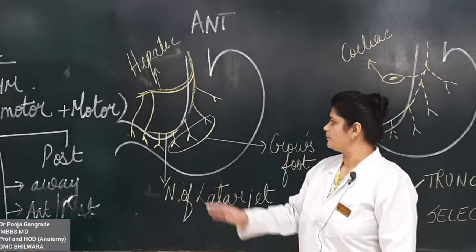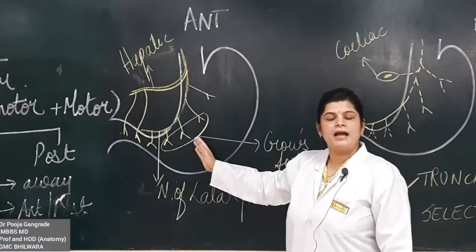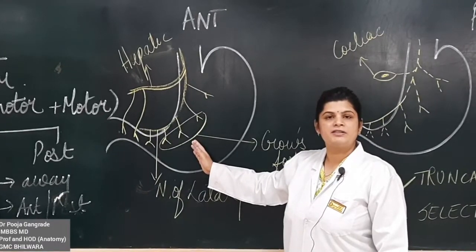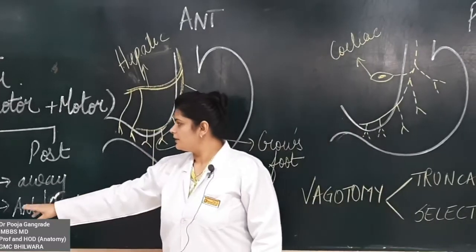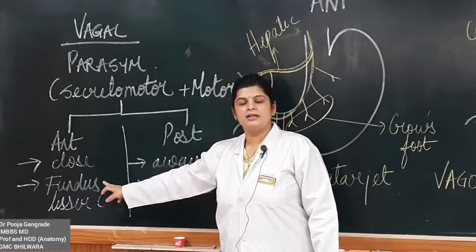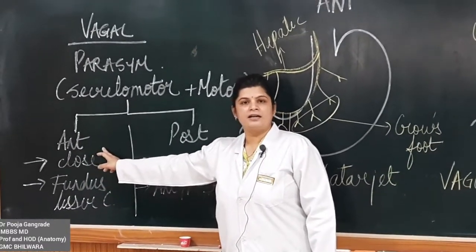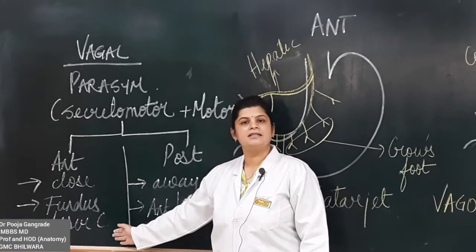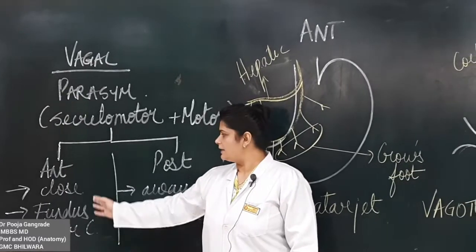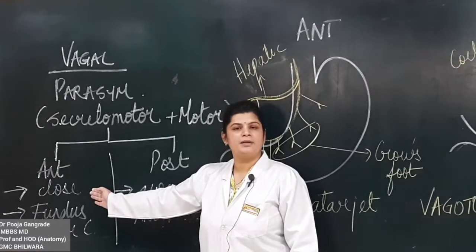Just remember this. Majority the anterior trunk is the one which supplies the fundic area and the lesser curvature. Please pay attention here. The anterior vagal trunk mostly supplies the fundic and the lesser curvature of the stomach, and it is closely applied to the